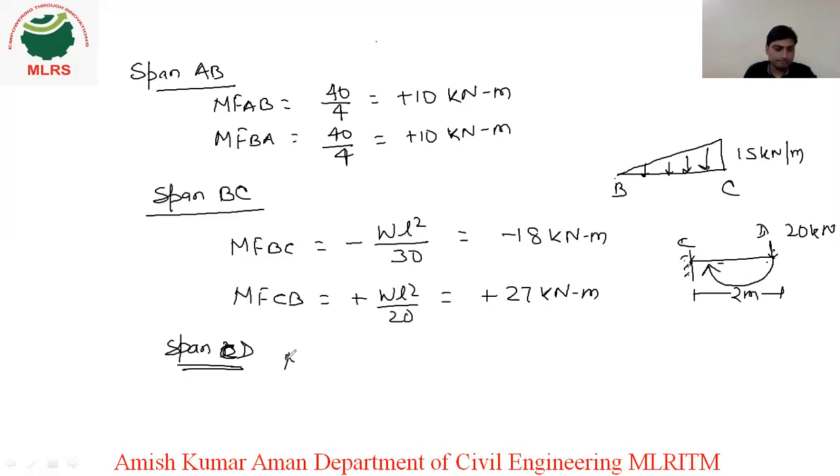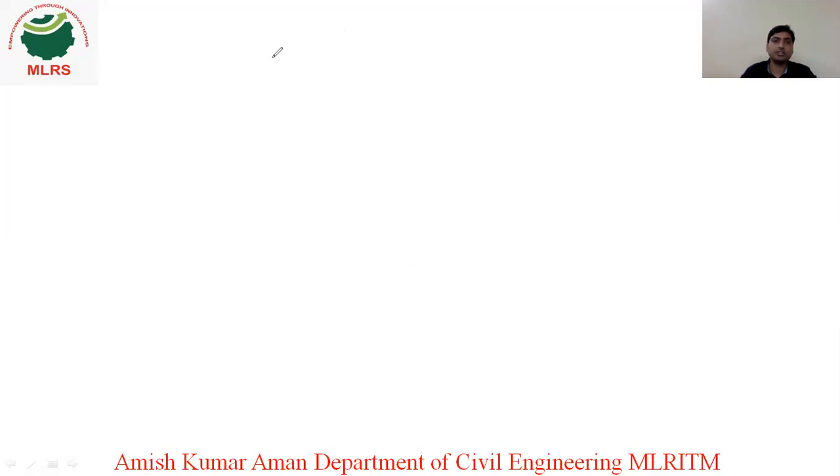So MCD will be minus 20 into 2, that is minus 40 kilonewton meter, because this moment is positive. So for counterbalancing this moment, we will apply an opposite moment here at fixed, so that will be minus 40 kilonewton meter. So we have done with step 1, that is calculation of fixed end moments. Just remember one thing, whenever a moment is given, we will apply M naught by 4 if it is acting at the center. Now coming to step 2, that is your distribution factor.